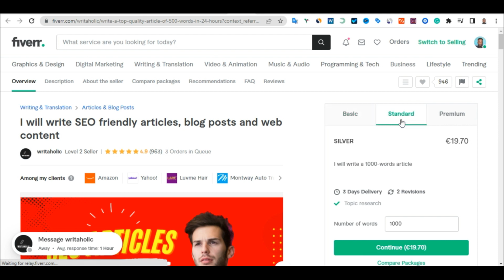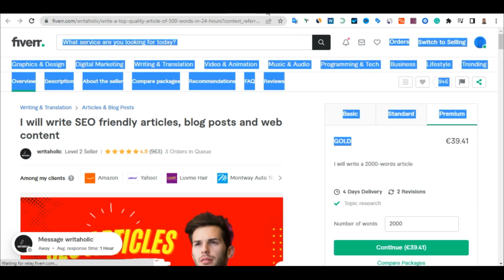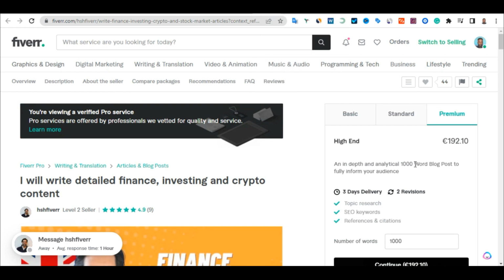Let us just say 20 euros or $20 for the standard plan, and the premium plan is $39, which is almost 2,000 words, which this person here is not even giving 2,000 words, is giving 1,000 words for $192. So you see the difference. Everybody has a choice of what they want.